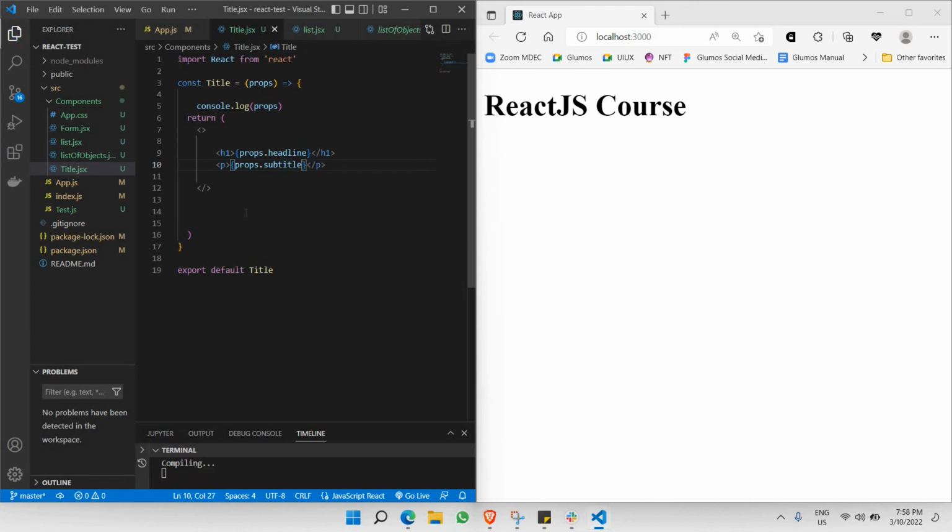And let's click on save. And there you go, guys. This is how basic props can be used, and this is the basics of how we are able to make use of props. So the next thing that I would like to cover before we end for today's session is that we need